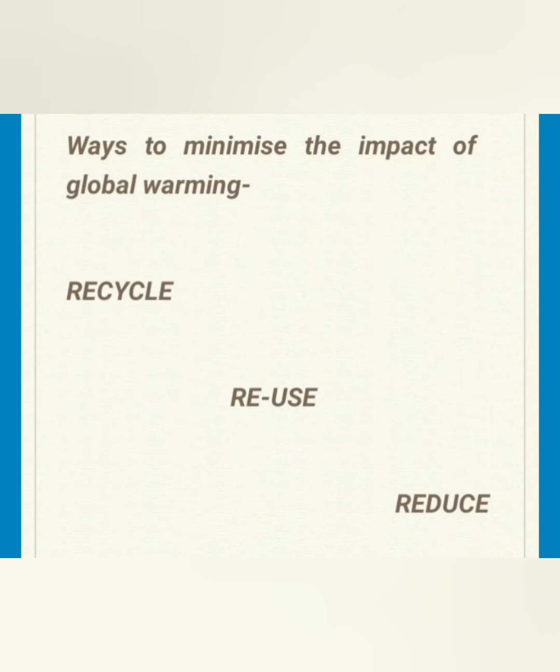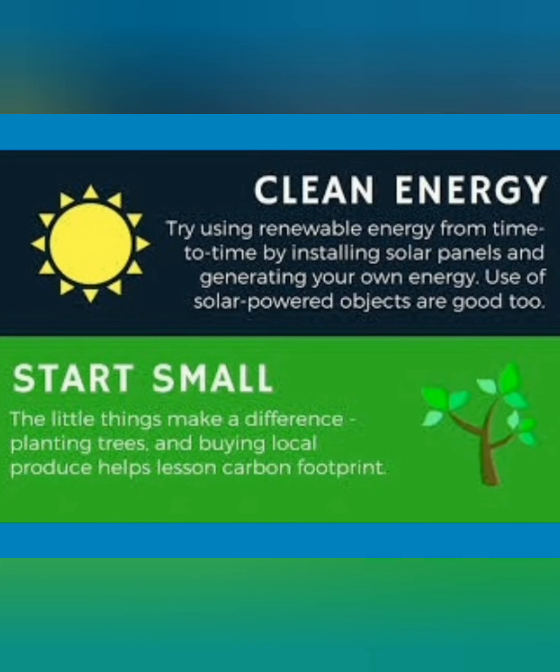To minimize the impact of global warming, we should work on three main measures. Recycle, reuse, reduce. The fossil fuel-based power plants are the main source of generation of the greenhouse gases. They produce nearly 21.3% of the total greenhouse gases. Therefore, alternate energy sources such as wind energy, solar energy, tidal energy, geothermal energy, etc. must be used to generate electricity in the place of fossil fuel-based power plants.